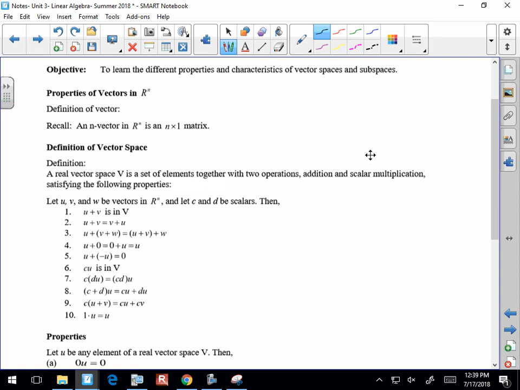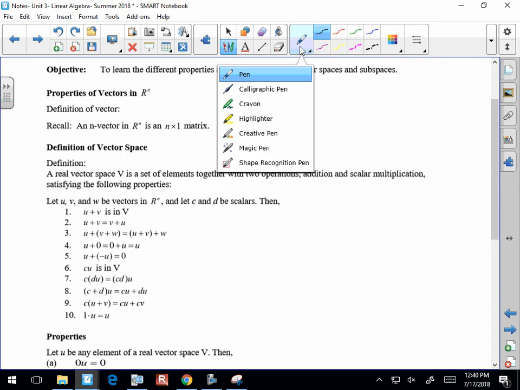You know what a vector is, hopefully. Definition of vector space: a real vector space V is a set of elements together with two operations, addition and scalar multiplication, satisfying the following properties. All right, should all look very familiar. If it's together with these two particular operations, addition and scalar multiplication, you're talking about